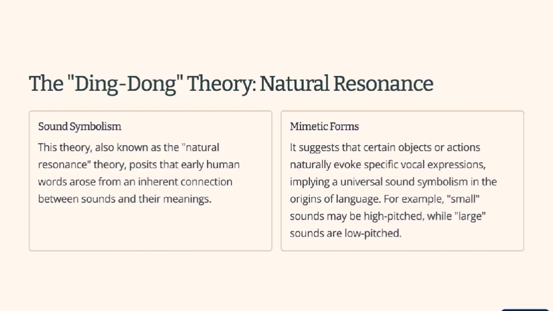Next comes the ding-dong theory. Previously, I have told you that the ding-dong theory and the yo-he-ho theory are related to each other. Some people, including the famous linguist Max Muller, have pointed out that there is a rather mysterious correspondence between sounds and meanings. So, there is a relation. Small, sharp, high things tend to have words with high front vowels in many languages, while very big, round, low things tend to have round back vowels.